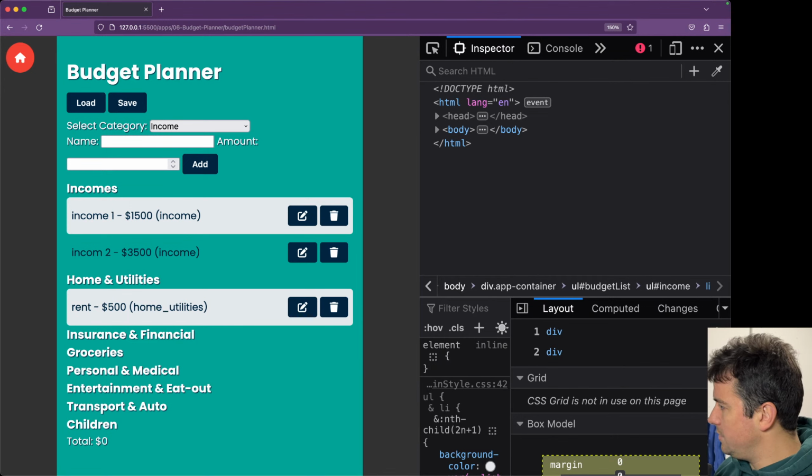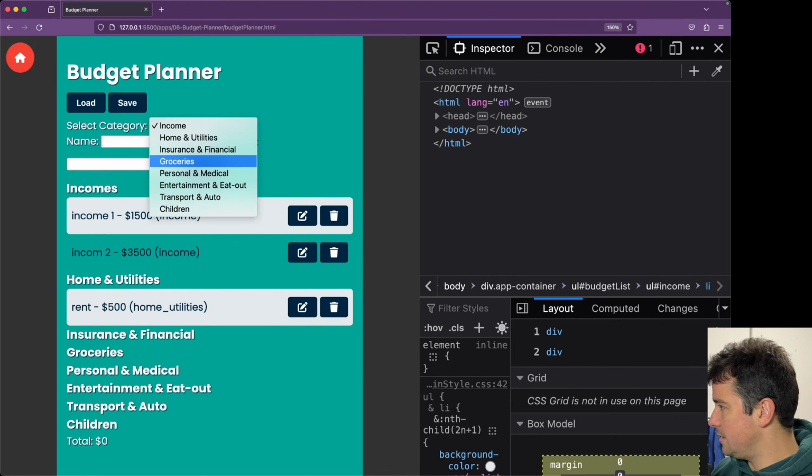Home and utilities. Should I even leave this in here? I don't like it because we know what it is. I just had this in initially when I would create the JavaScript, so I know each and every input where it should be. Because it's an income, it should be underneath income, because this is a groceries,